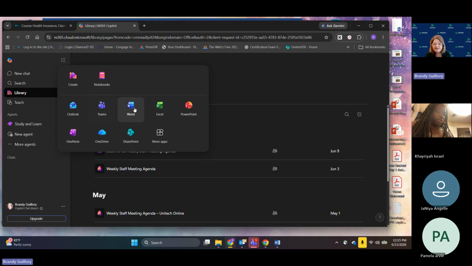Microsoft Word, I'm sure most of y'all in high school use that for typing up reports or something like that, right? It's a basic document making software where you can type something up. We use it in medical billing and coding to type appeal letters. When they deny our claim and we want it approved, we have to type up an appeal letter and send it into the insurance company. And we do that on Microsoft Word. So every now and then you'll have an assignment where you have to type up something in Microsoft Word and upload it to Moodle.